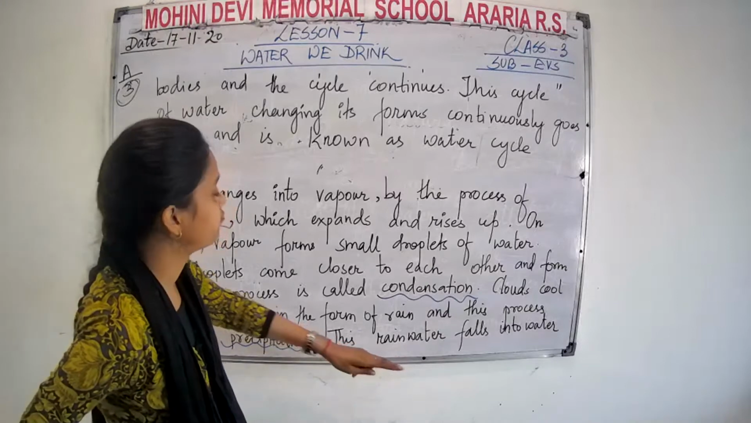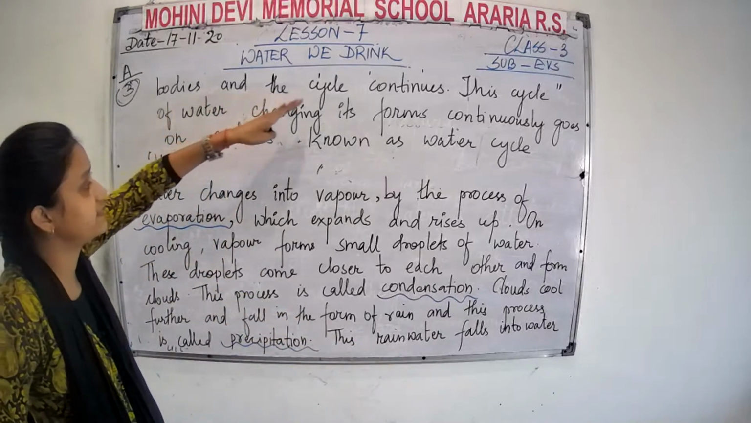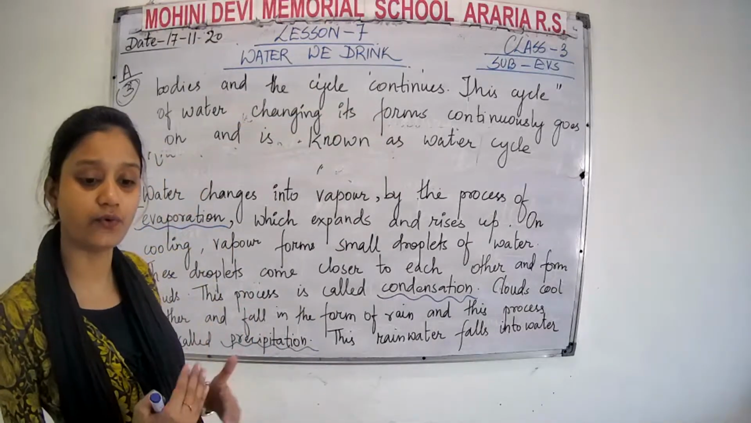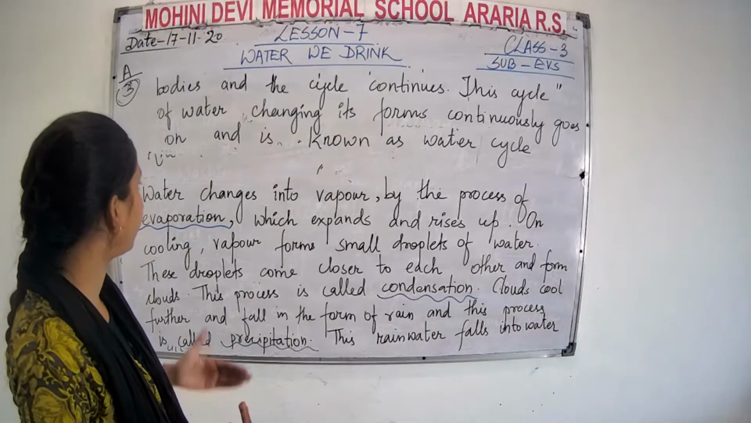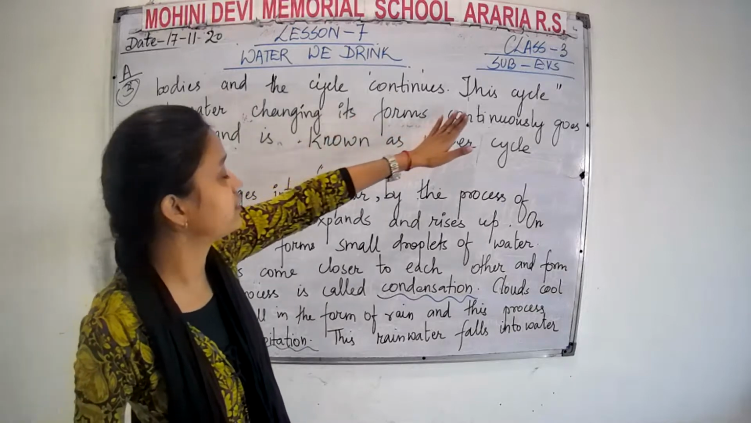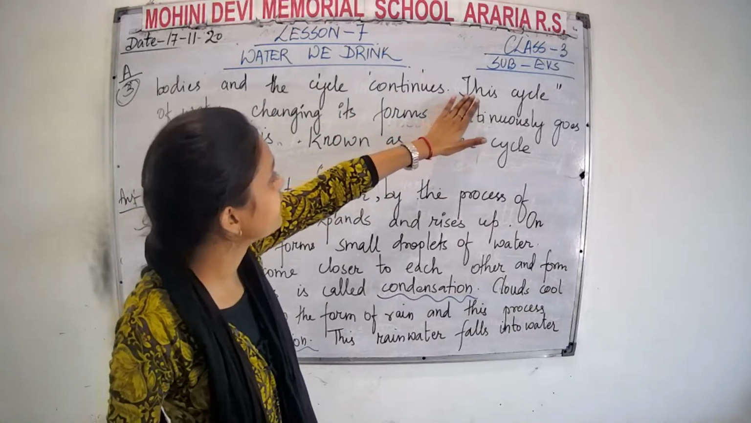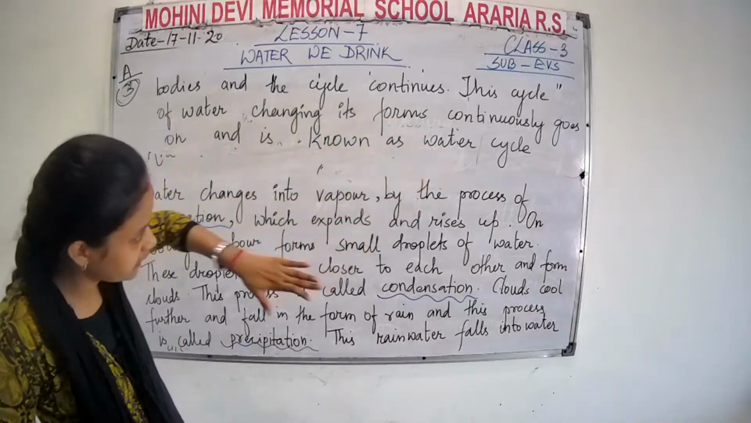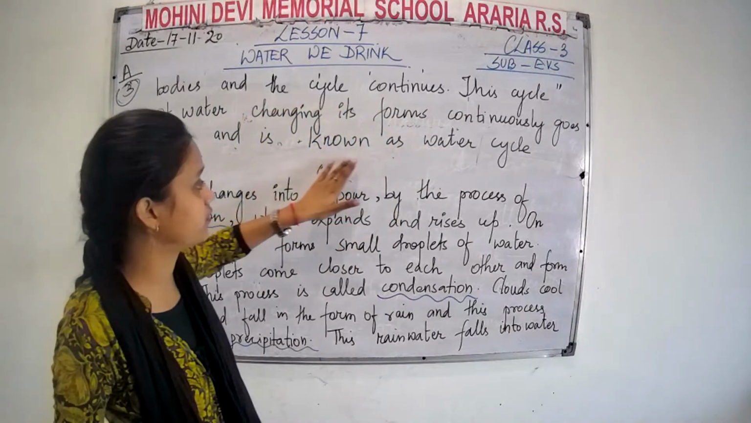So rainwater falls into water bodies and the cycle continues. This is a never-ending cycle. The cycle goes on. And what is the next line? This cycle of water changing its form continuously goes on and is known as water